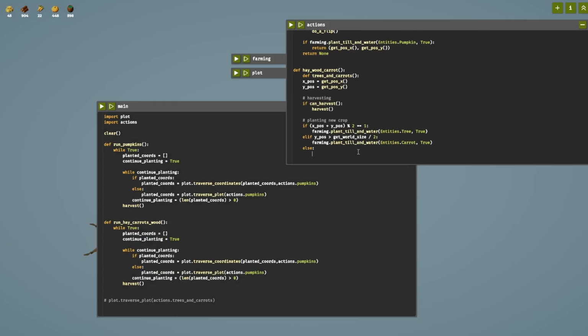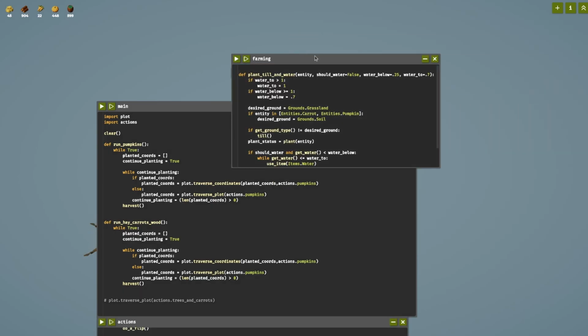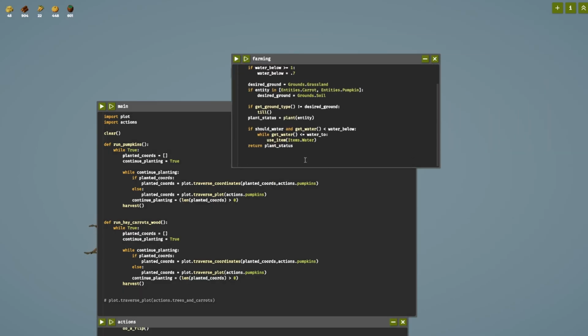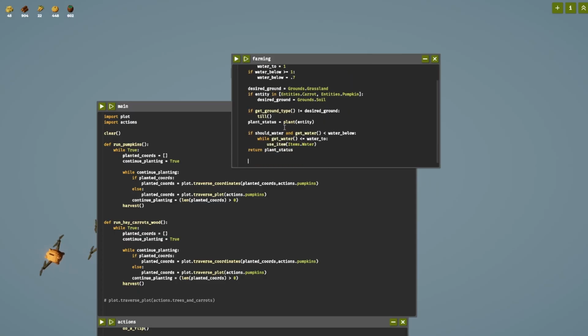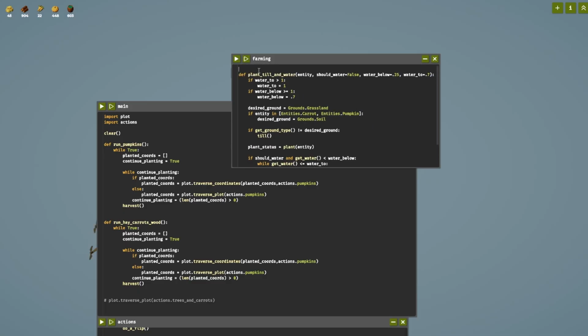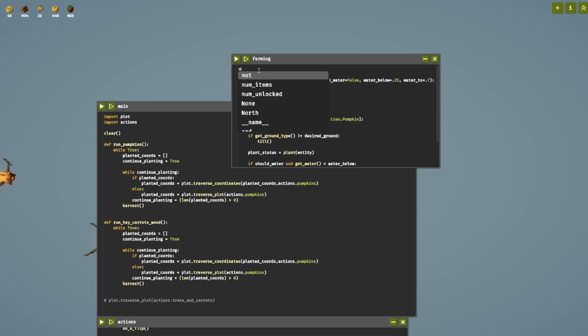And now we get to a point where we might want to add something else to farming, because I don't think we really have anything for hay here, do we? Okay, yeah, so for hay, we haven't really built that into our plant till and water. So what I'll do... Actually, let's do one more thing, because we can clean some of this up. We've got random lists scattered around. So let me do no plant